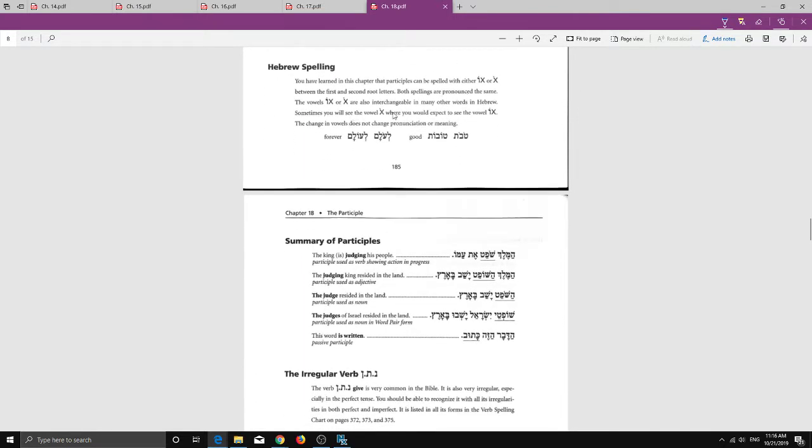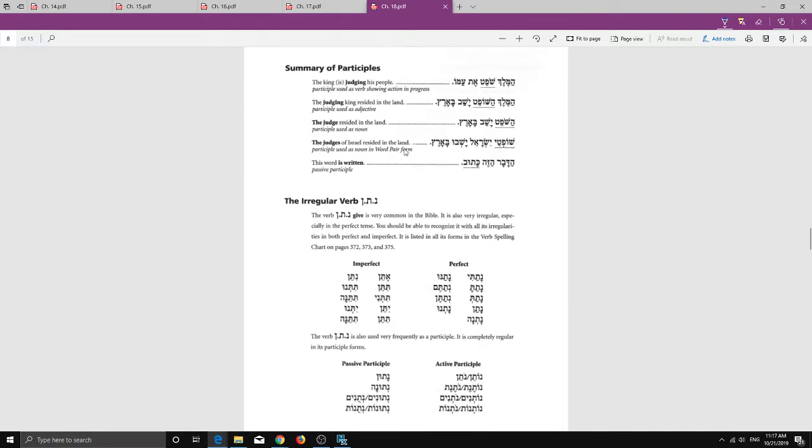Okay, let's see. I'm just trying to skim through this really fast. I think we have talked about this well enough that we don't need to keep going over it, but Holam and Holam Vav are interchangeable because of the development of the Hebrew language and how the Masoretes came back and added the vowels. Before they did that, we had vowel letters, if you remember that from the second or third class session. We talked about that. But for now, we're not going to dive into that.